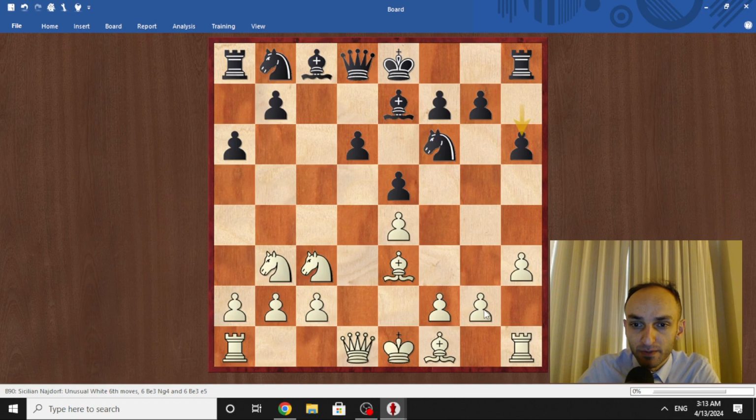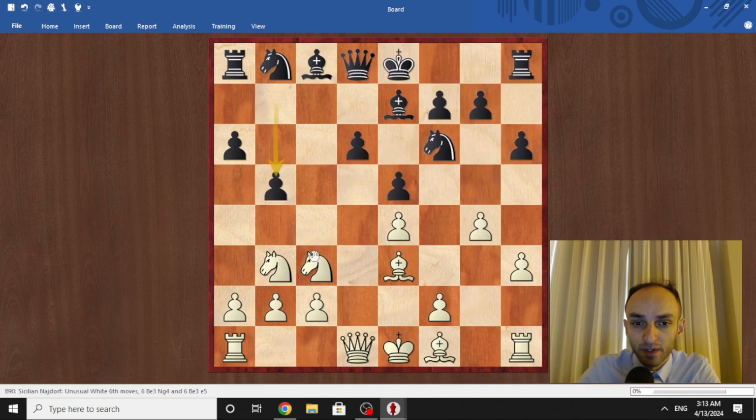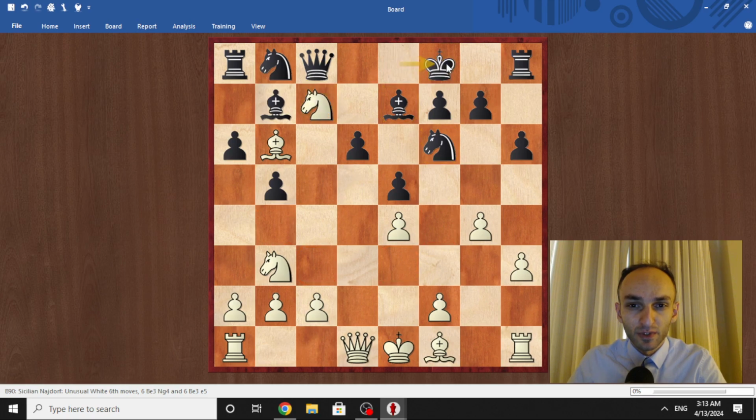Why do we play h6? Here if g4 we go b5. And if knight d5 isn't working because of queen d5 and the rook is trapped, we go bishop b7. And bishop b6, I think here we go queen c8. So the idea being that knight c7, we go king f8, knight takes,